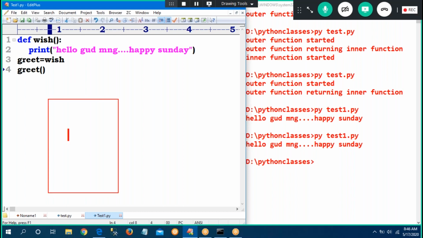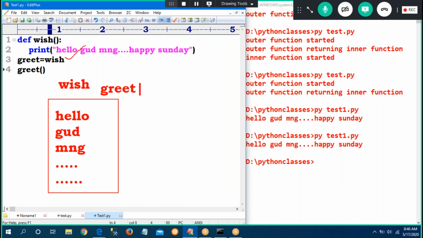Assume hello, good morning, something is available there. Sir, what is your function name? First, wish. Fine. Sir, what is the meaning of line number 3? I am giving function aliasing. Remember. So it means greeting, greet I am giving to that. That's why I am calling the greet function and getting that. Now observe carefully: greet equal to wish means function aliasing.